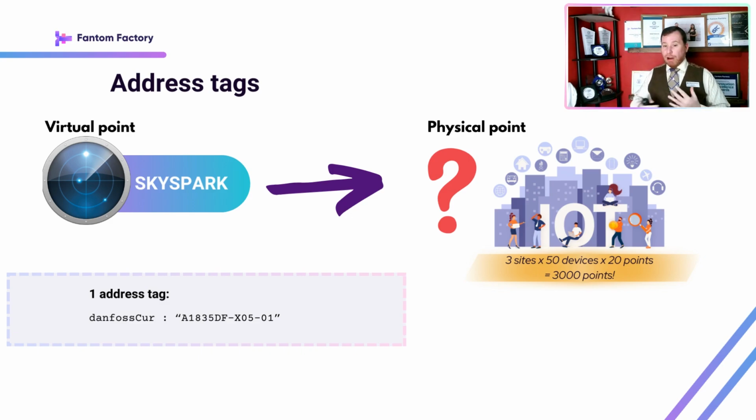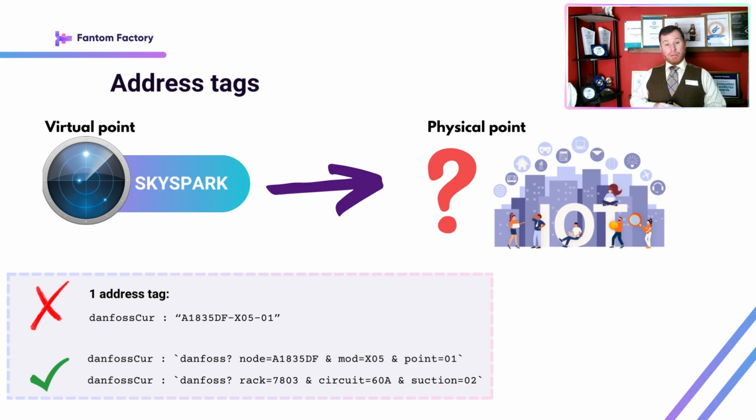So, to get around this limitation, developers tend to just jam all this information together, delimited by a hyphen or a comma or something, and it looks fine, but this is no better than name stuffing. Now, Project Haystack was created to overcome name stuffing, so why are we going back to the Dark Ages and re-embracing this archaic practice? So my first tip of the day is let's not do name stuffing.